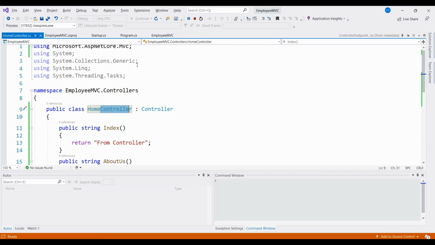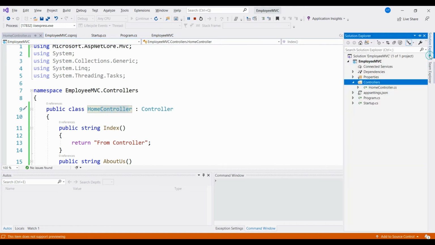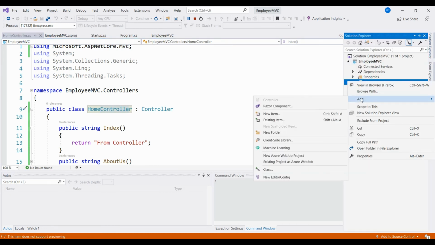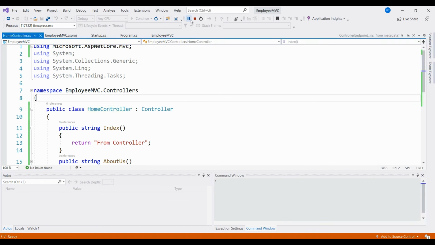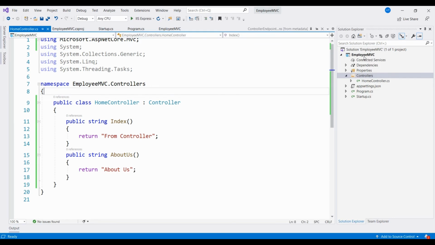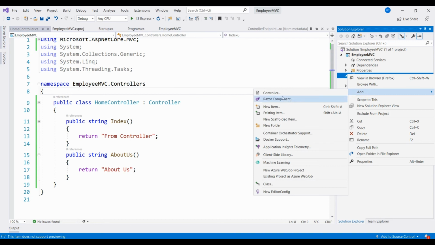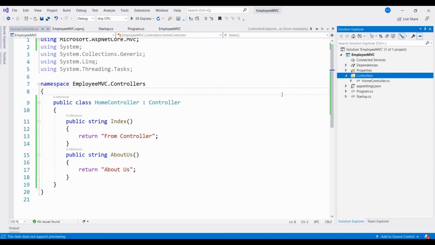Similarly, we are going to create another controller here. Right click your Controllers folder and again you may choose a class or you may choose the controller. Here controller is disabled because my project is already running, so I am stopping the debugging. Again right click the Controllers folder and say add, and this time we will use the second way, that is add controller.